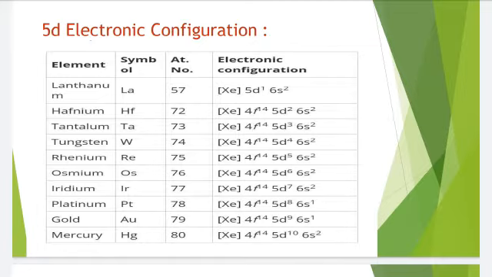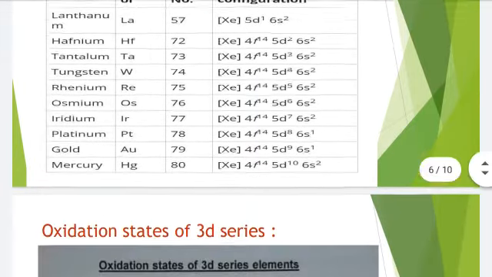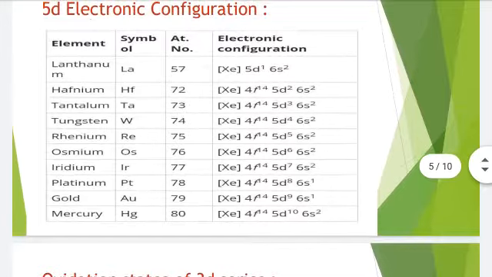The elements 58 to 71, those belong to f block elements, because the differentiating electron enters into 4f. Here the near noble gas configuration is xenon. That is, the atomic number of xenon is 54 and then continuous valence shell.